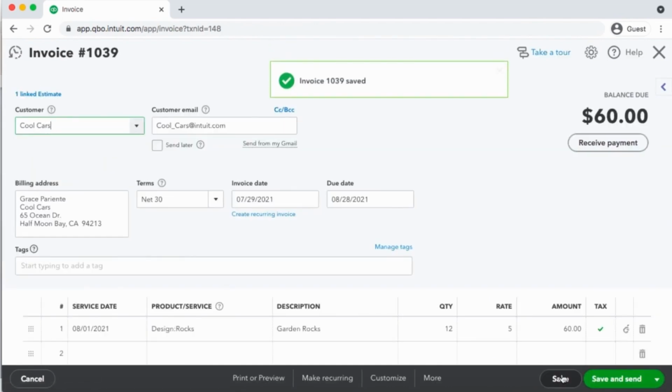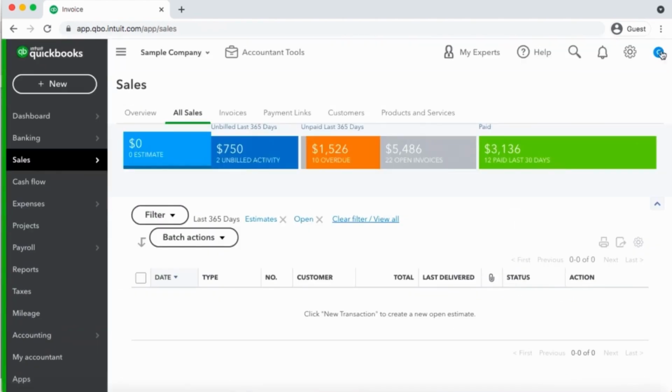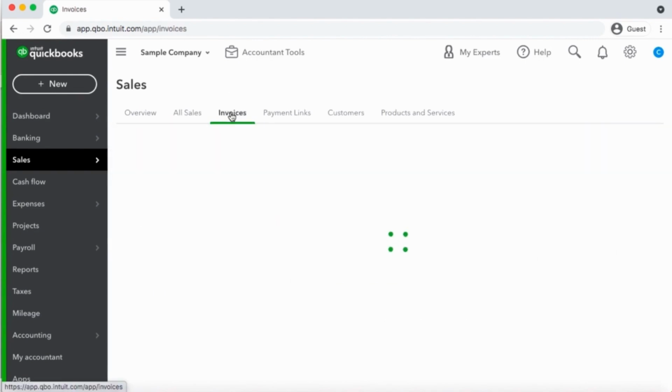So that has now turned into an invoice and it's saved. You can see here the invoice number attached. Just close out of the window. And now you'll see the dollar amount has changed under estimates. I no longer have any estimates listed because I've taken those outstanding estimates and turned them into invoices. So instead now, if you go to the Invoices tab,